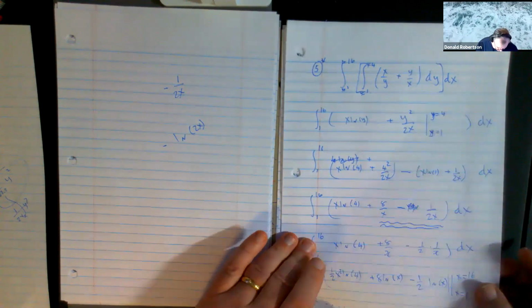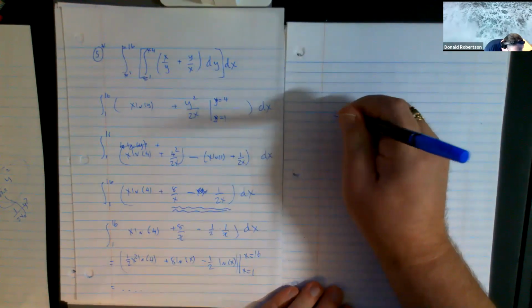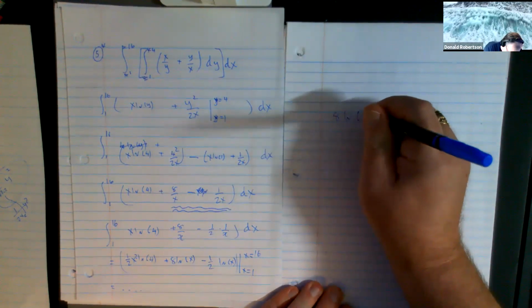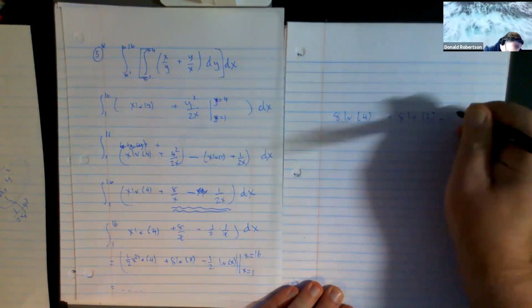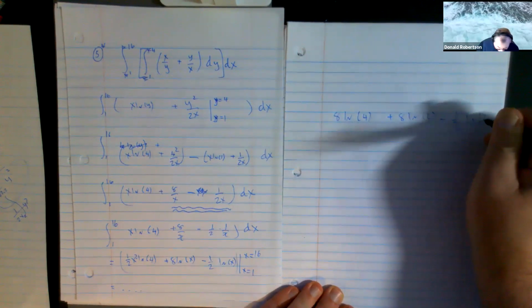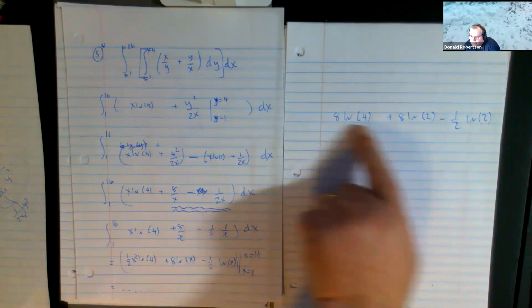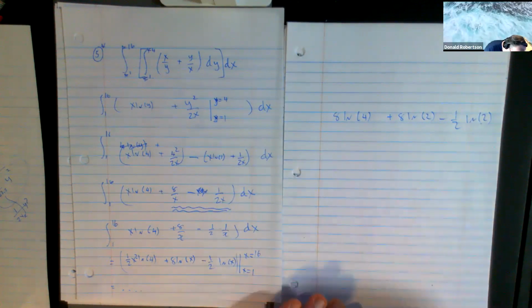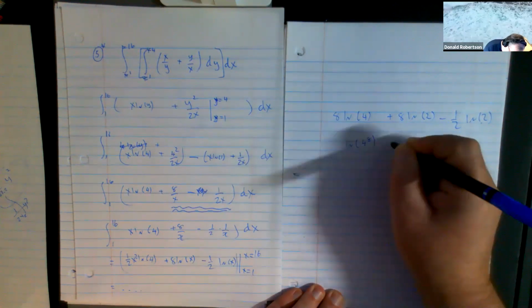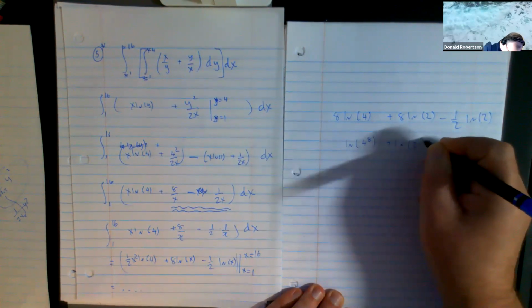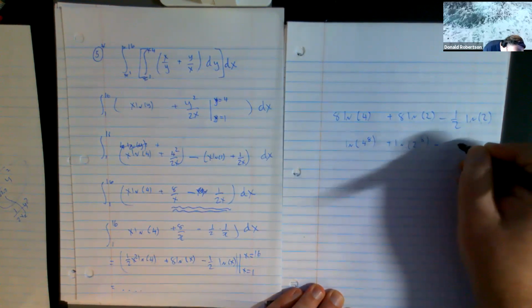So this is not the correct answer, but I want you to pretend that you got this. 8 log 4 plus 8 log 2, take away a half a log 2. Imagine that's what you got when you were finished. That is not considered good form. This fella is him. This fella is him. And this fella,